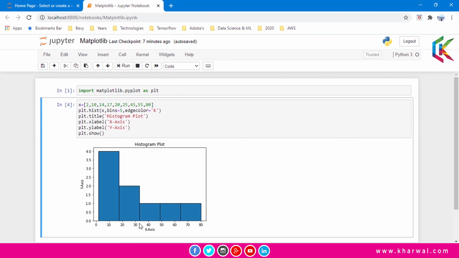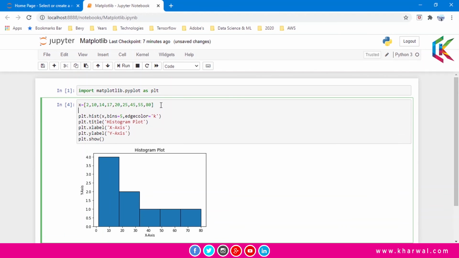But if we use a list of values in bins, then it will give you a clearer picture. So let's add the list of values in bins. I have assigned these values to a list B. Now I am assigning B to bins.